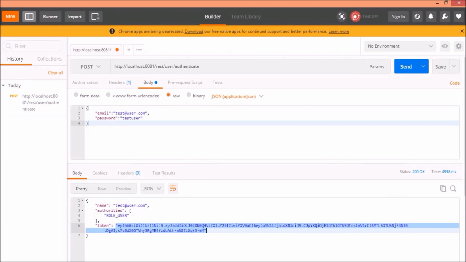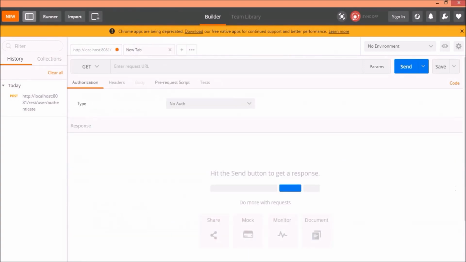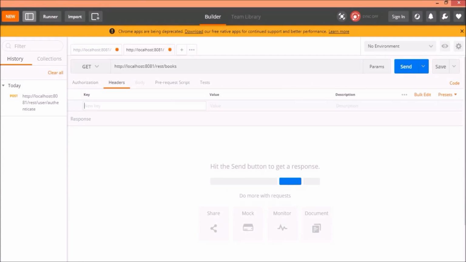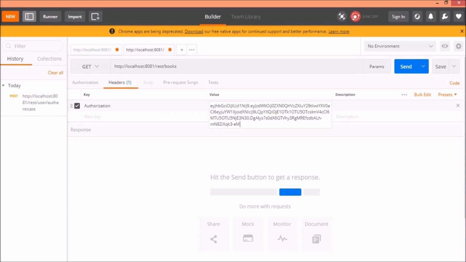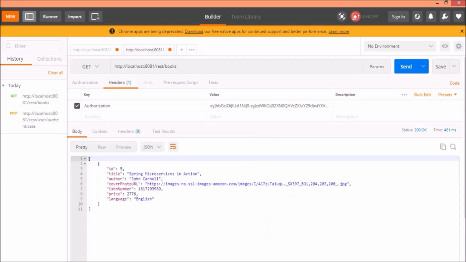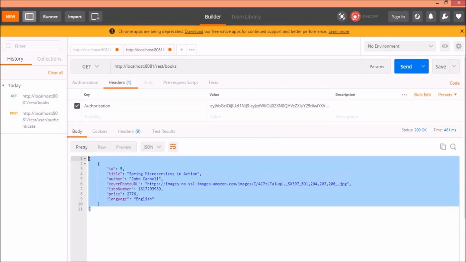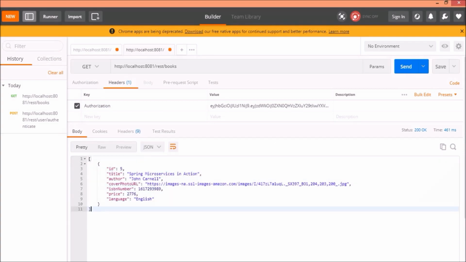Use this token as part of the authorization header and access the REST books URL. See, it is returning the proper response and you can see we have not downloaded the source code, not started any IDE, everything we are doing with the help of Jenkins.